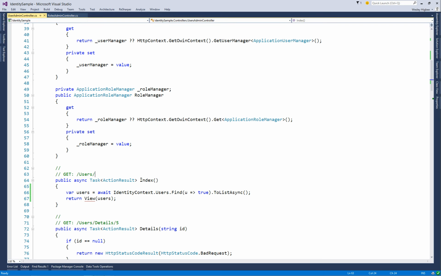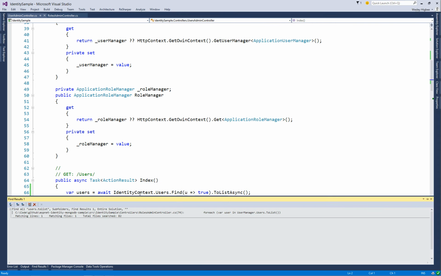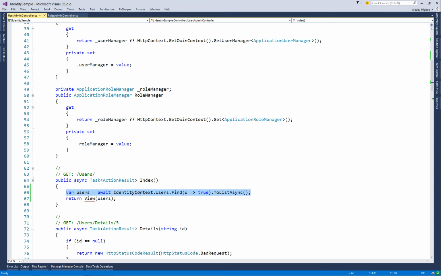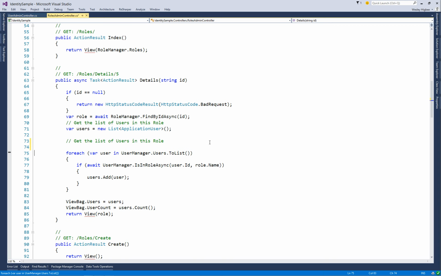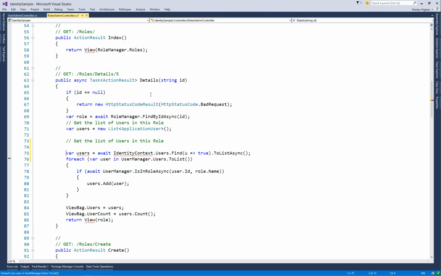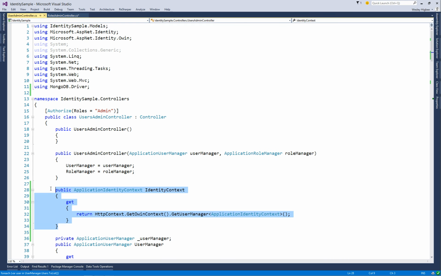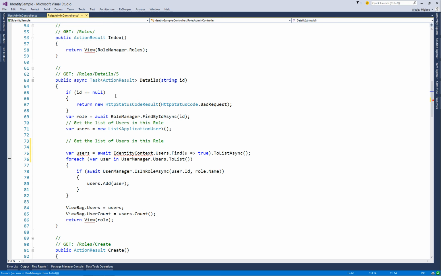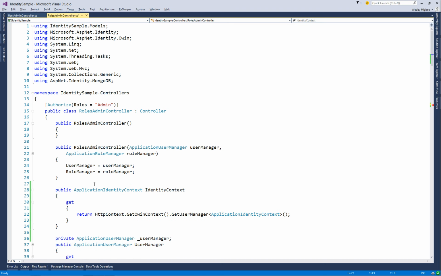So we'll stop the application, and we'll look for all user access to users.toList. I'll look for that to see if there's any other instances. Here's another spot, so I'll go ahead and copy this so that I can paste it back there. Jump to this location, and then I can paste this in here. This is on the roles admin controller though, so I also need to grab that property I added, which resolves an instance of my application identity context, and bring this to this controller as well. I'll just paste this in here at the top. And then we can go back down to the line of code we were working on below,